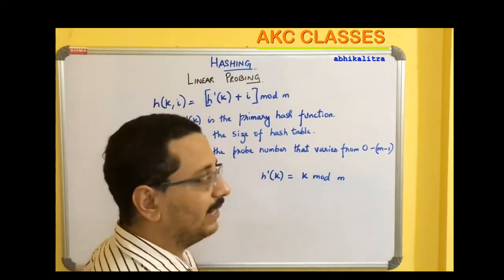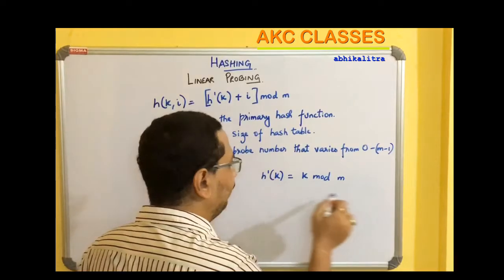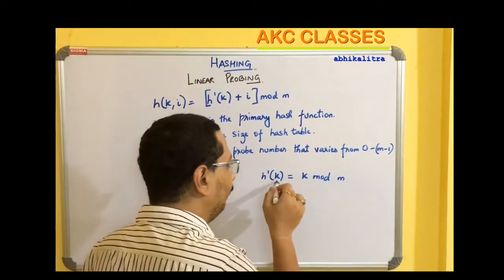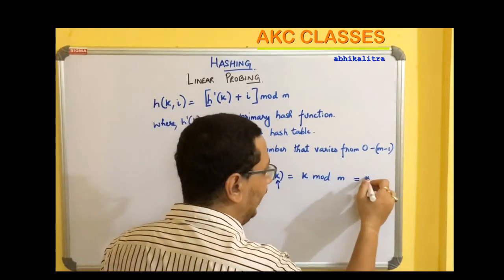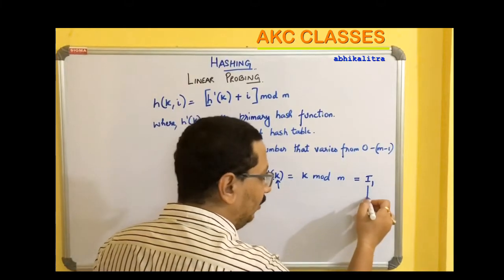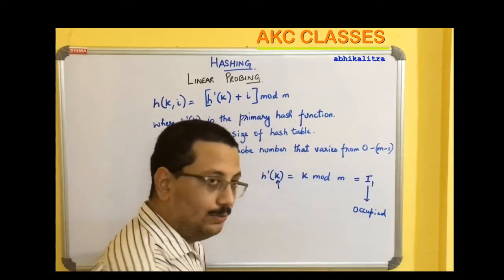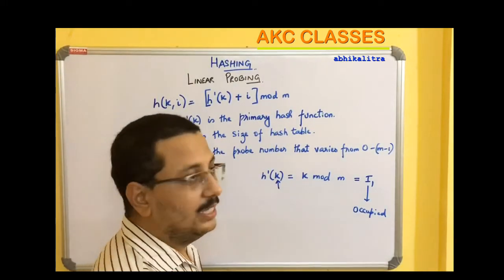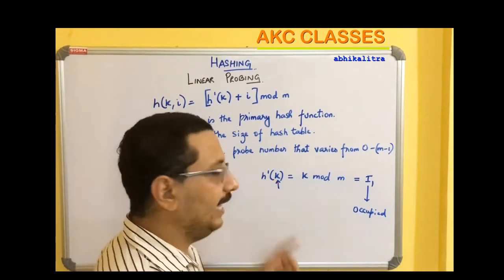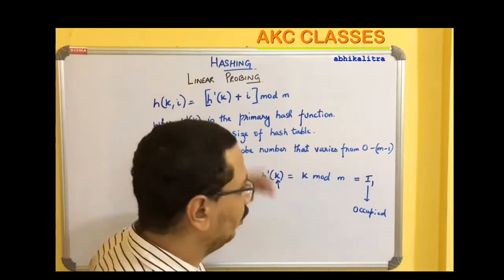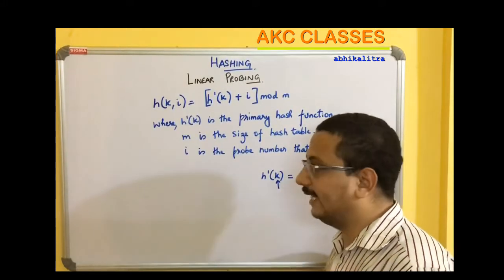So if h prime k is the primary hash function and I've considered this to be the division function, then obviously if this h prime k is generating a hash value for the key k, and if I consider that hash value to be I1, and this I1 location in the hash table is already occupied by some previous data value, then a collision has occurred. Then the primary hash function is not capable of producing a free slot for the key k value, right? So now we have to move on to the secondary hash function so that the next free slot can be generated for the key k, right?